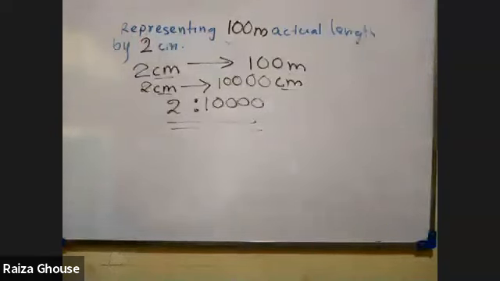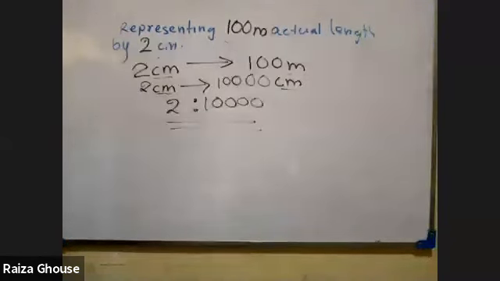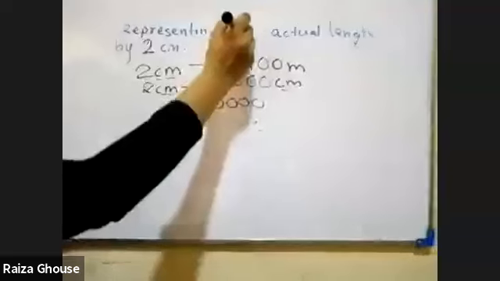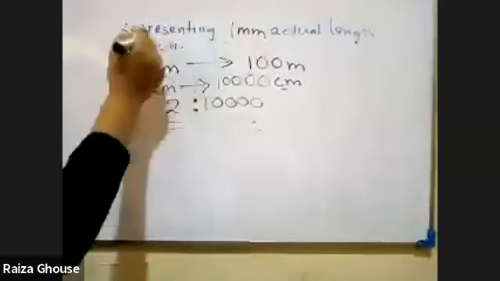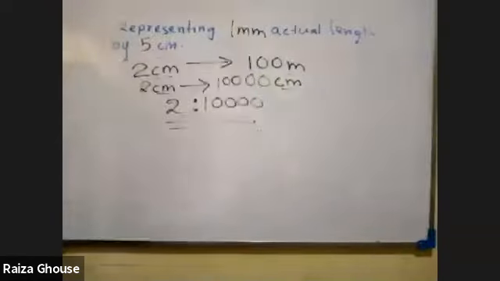For one last question, Roman number 4, I'm requesting you all to do it, because it's a millimeter question. Representing 1 millimeter by 5 centimeter. That is the Roman number 4. I'll write it here: 1 millimeter by 5 centimeter. Now be careful. Millimeter question. So make sure you do it correctly, exactly. Give me a ratio.